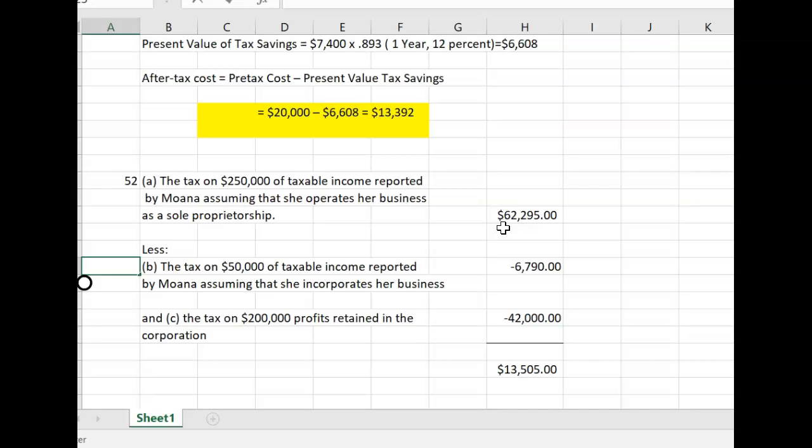Now, how much could she save if she was incorporated? Well, the easiest calculation is go to Part C. If they could keep $200,000 of the profits retained in the corporation, she would have to pay $42,000 for the corporation's tax. Now, because her taxable income given to us in the problem was $250,000, $50,000 would still be taxed as a single using the tax rate schedules based on the $50,000 of taxable income, and that would be